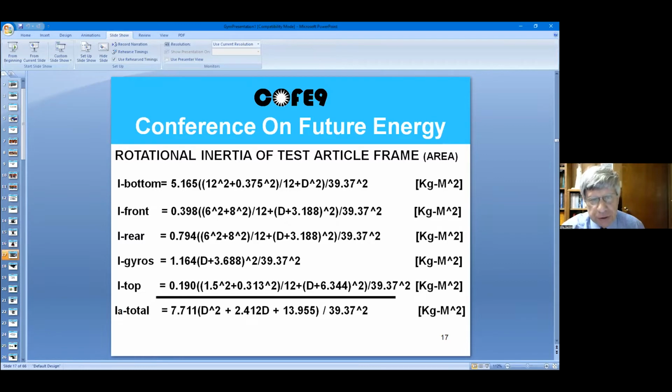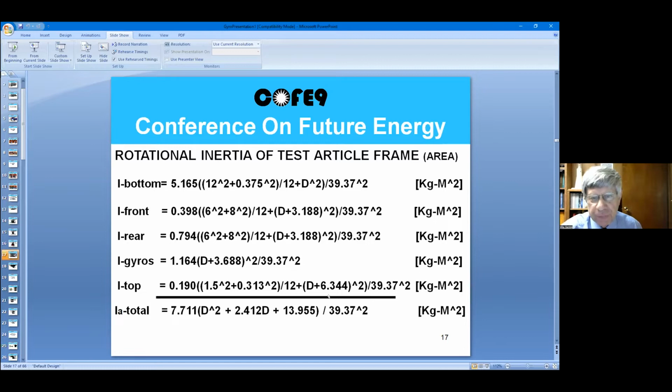They're 3.688 inches above the base plate plus the D factor. You square that term, convert to meters. Top plate, 0.19 kilograms. It's 1.5 inches by 0.313. Square those, divide by 12, and it sets up there with an offset